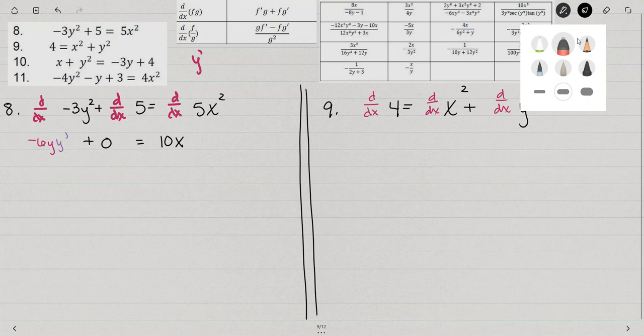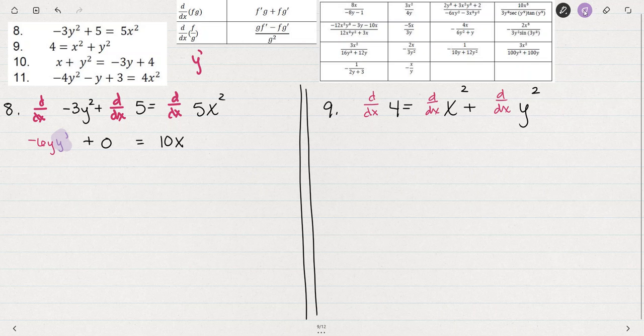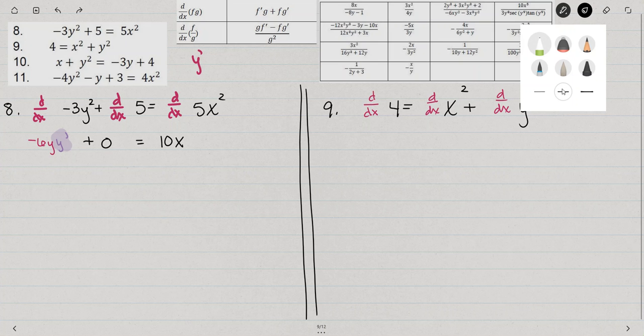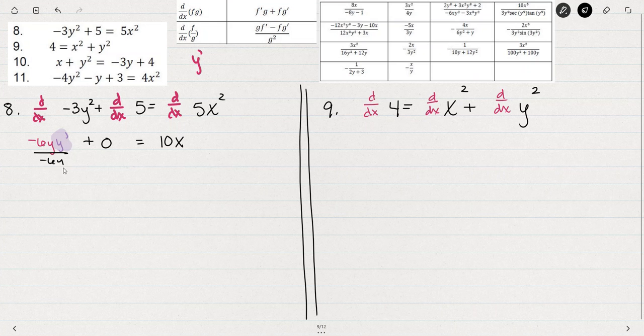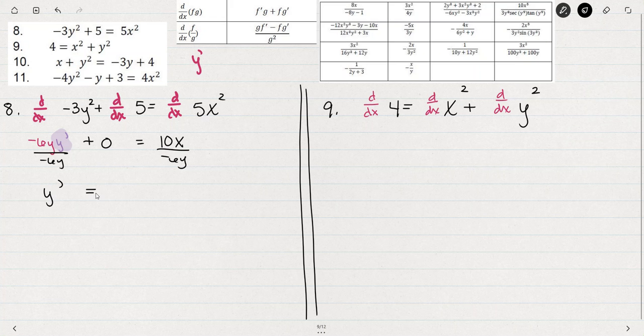Next, I'm going to solve for y prime by dividing both sides by negative 6y. And I'll simplify, so I get y prime is 10 and 6 can both be divided by 2, so 5x